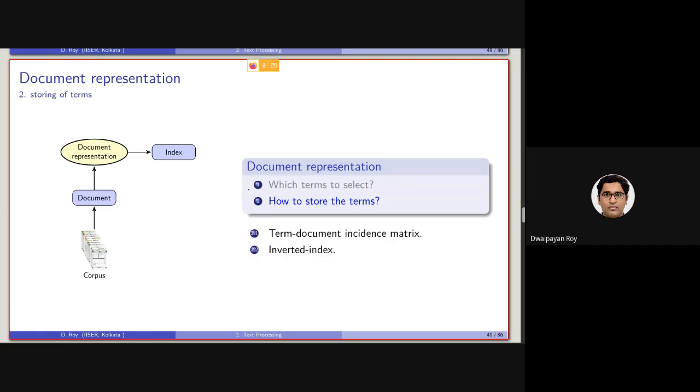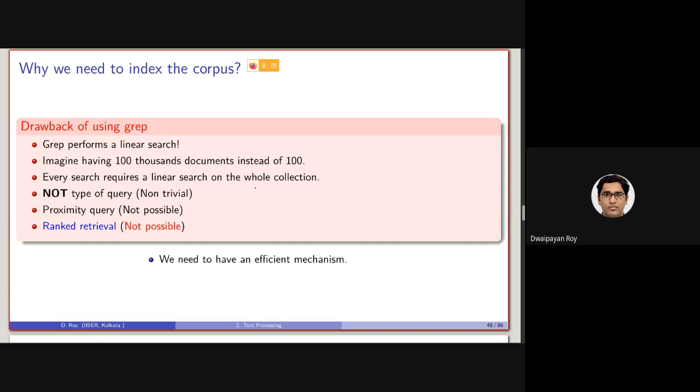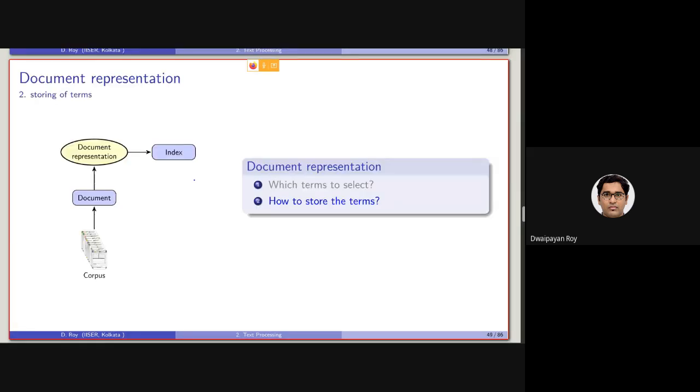And for this searching, there are two basic ways. Both of them are using a form called indexing, or a form called index, using which we can actually perform the search faster. Just to take a step backward, earlier we have seen that if we perform an operation like grep, it will be too time consuming, as it performs the search using a linear search or a linear scan. So as an alternative, we'll be indexing the selected terms so that we can